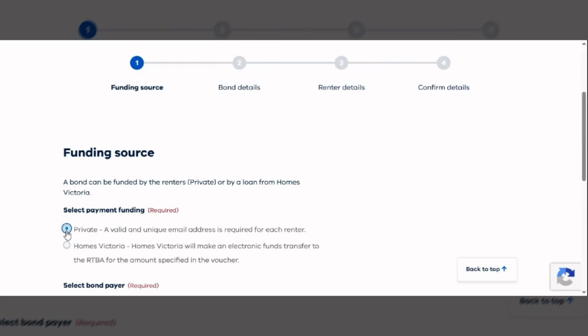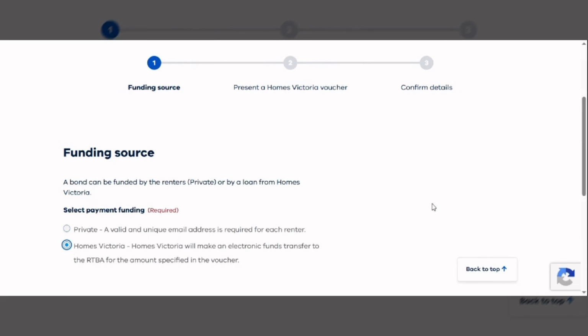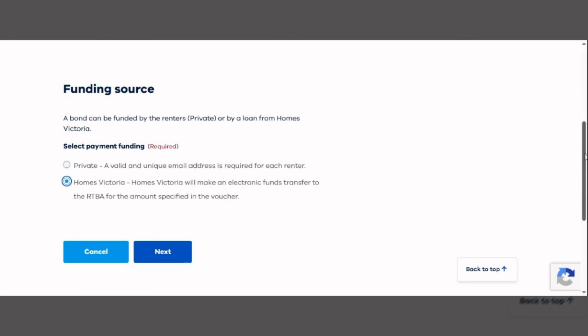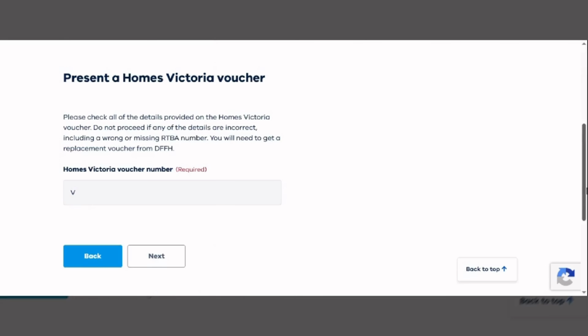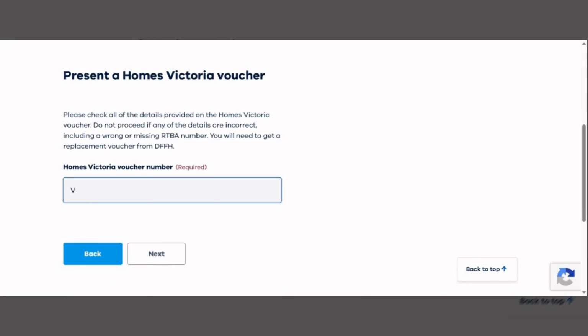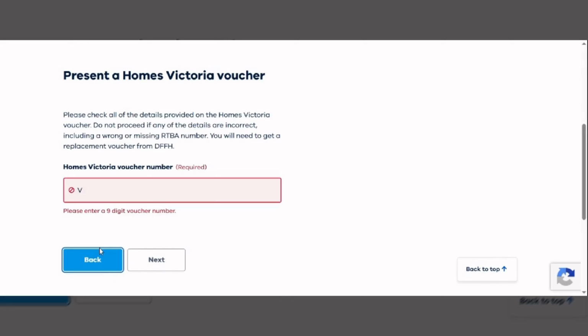If you are choosing the bond loaned by Homes Victoria, then you need to choose next, and here you need to put the voucher number that you have received in your email. Once you put the number, you need to click next and confirm all the information, and it will all be done.